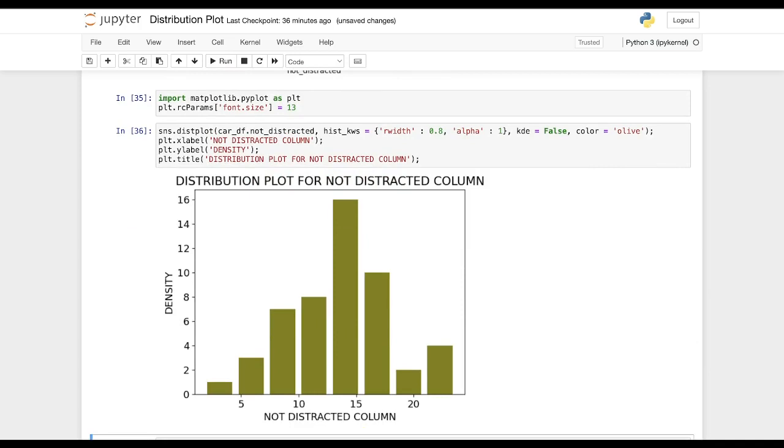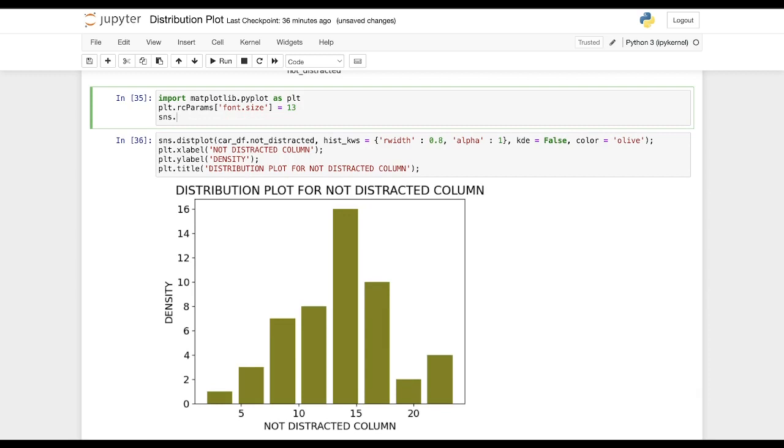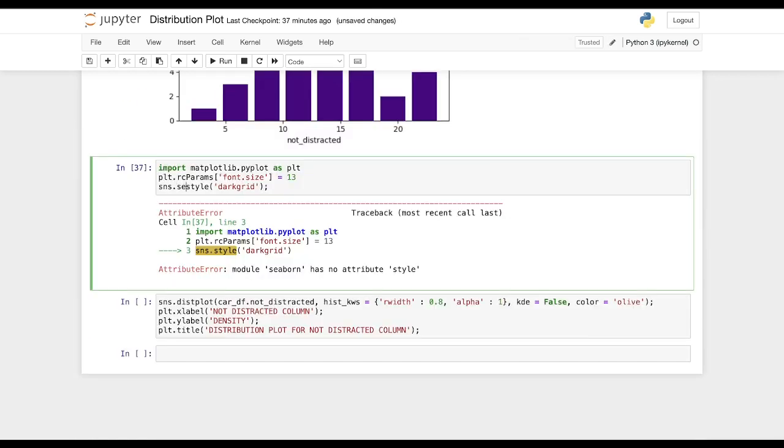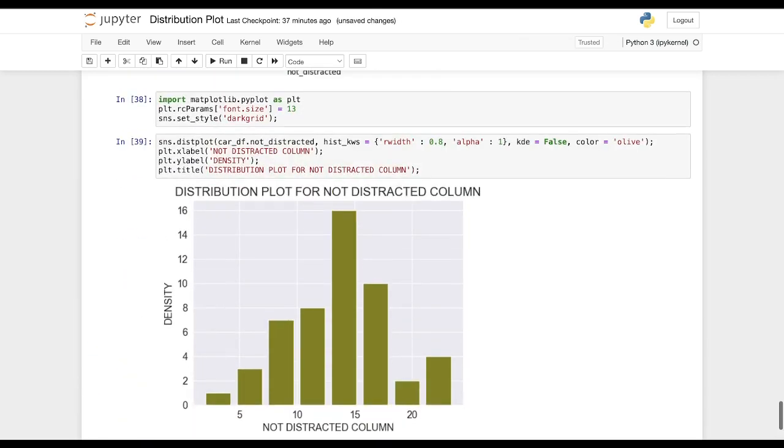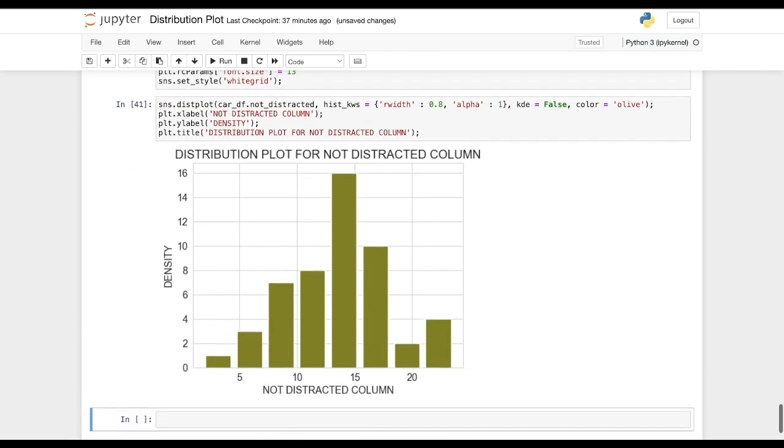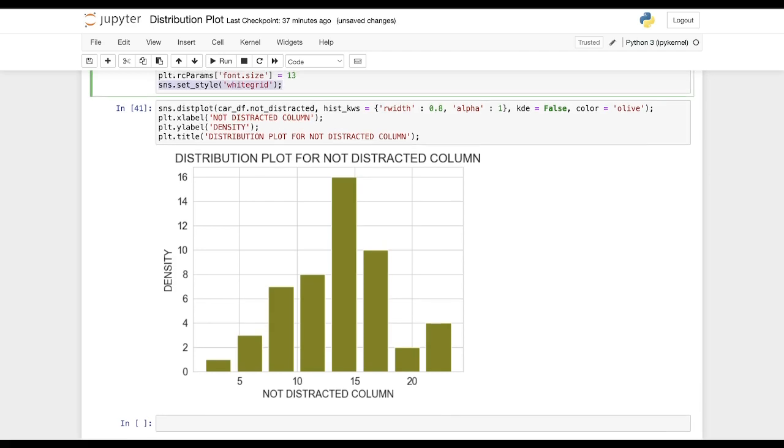Fine. You can also add a background to this. If you want to add a background here, you will make use of Seaborn. So you will say sns.set_style. There are just two backgrounds available, either this particular white one or a dark grid. So dark grid will look something like this. As you can see, the background is now added, and if you want your original background, you will change that from dark grid to white grid. And white grid will consist of these particular lines. And if you don't want these lines as well, you will remove this particular line here.